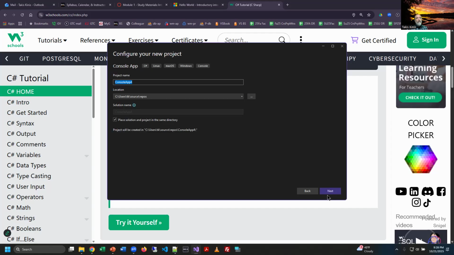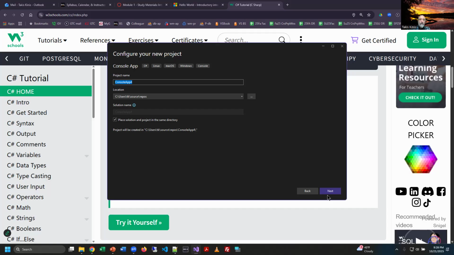You will get to this screen where you're asked to name your project. And for right now, I'm not really too worried about what I'm going to name it because I'm just kind of doing a demo. But usually you want to name it something that makes sense, right? Like, if I'm coding, let's say, a mortgage calculator, it might be appropriate to call it mortgage calculator, or if I was coding, I don't know, a tic-tac-toe game, maybe I should call it tic-tac-toe,